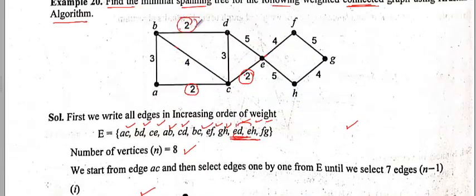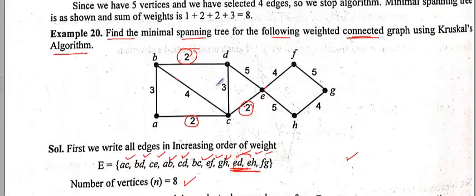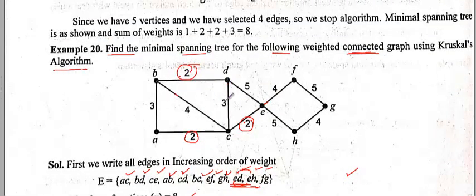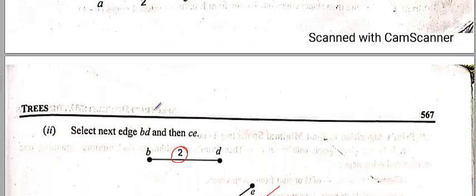So next minimum is 2, this one. So you will take this edge also. You have completed all the 2s. So next minimum is 3. Okay, if you take this 3, then this will be left because you cannot avoid this. So I am going to take this 3. You have to avoid the edge that completes a circuit. So we have taken this one.